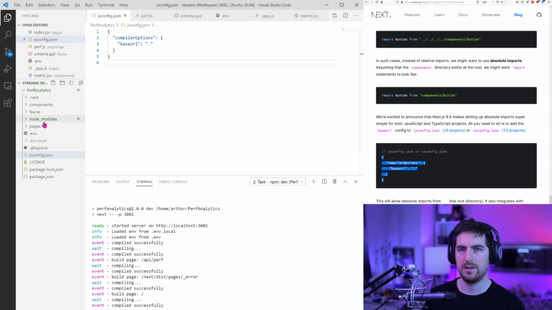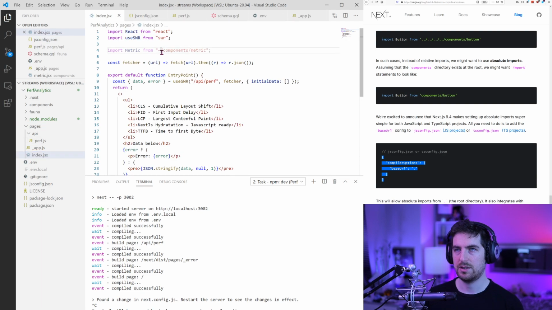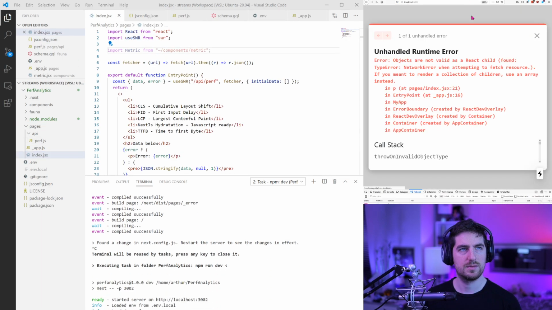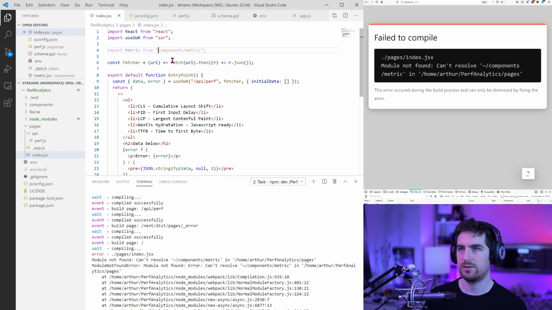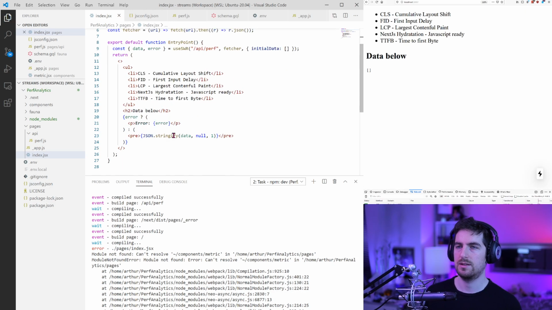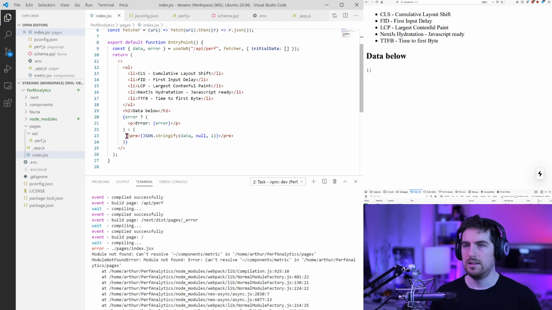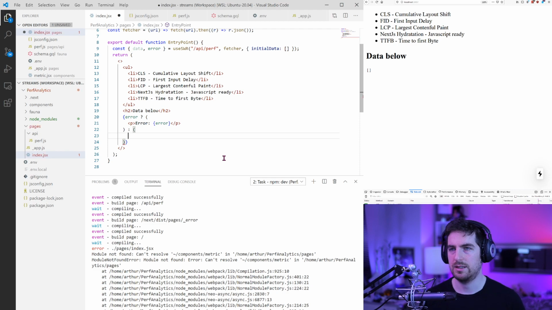So here, that guy is now supposed to fail because this doesn't exist. There we go, runtime error. But if I just import components, now it should be good. That's great. And now in the case that we have this guy here,